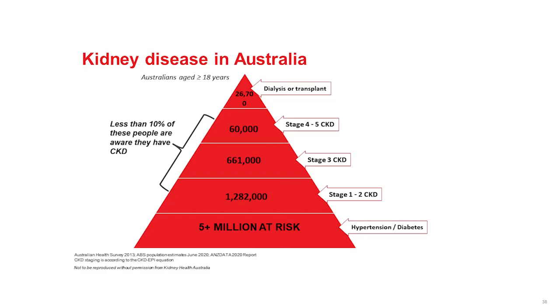So this is the disease burden in Australia. More than 5 million are at risk because of hypertension and diabetes, and nearly 1.3 million have stage 1 to 2 CKD, stage 3 about 661,000, and stage 4 and 5 about 60,000. When you reach dialysis or transplant, it is close to 26,000. Now, the sad thing is less than 10% of these people are aware that they have CKD, and this